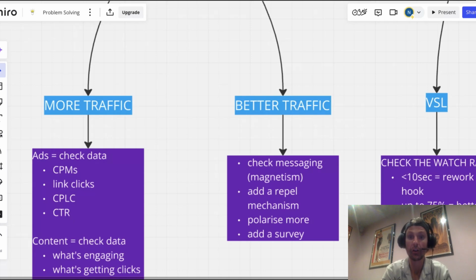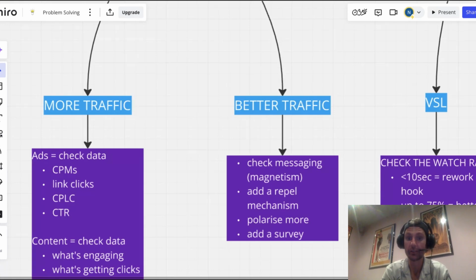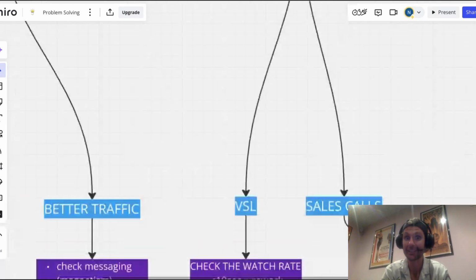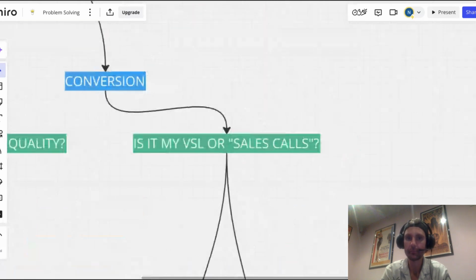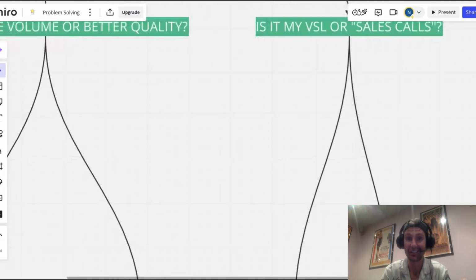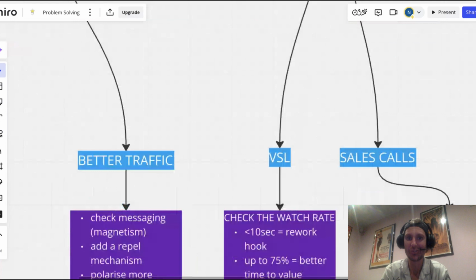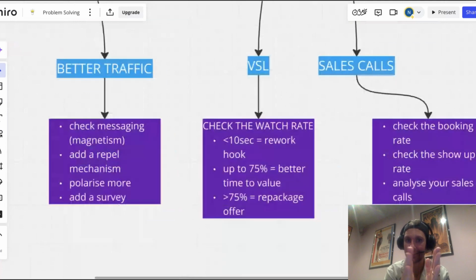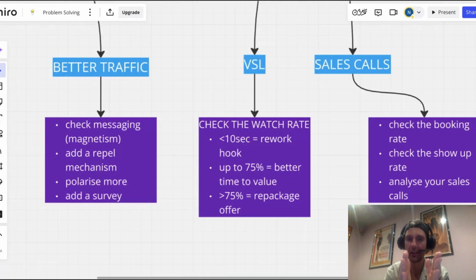If we come over here on the conversion end, okay, we say, is it my VSL or is it my sales calls, my sales process? Okay? If it's the VSL, it's really, really simple. You just check the data. You look at the watch rate. If people are only watching less than the first 10 seconds, like the majority of people are opting out there, then you need to rework your hook and you need to optimize your hook so that people are captured and